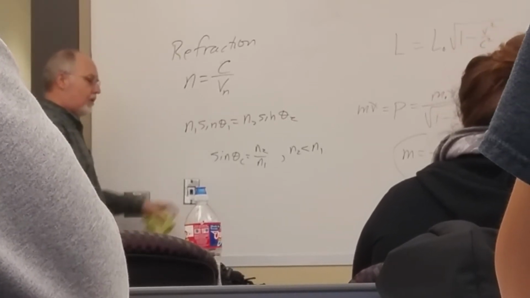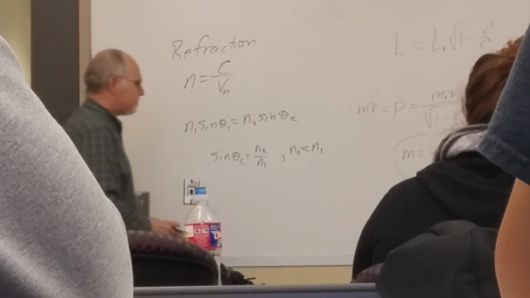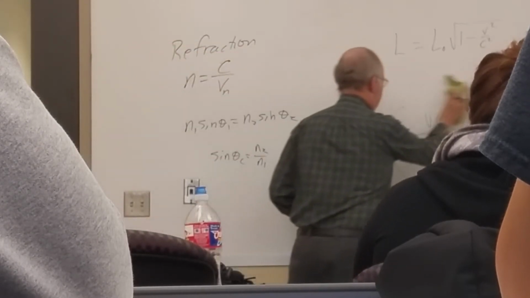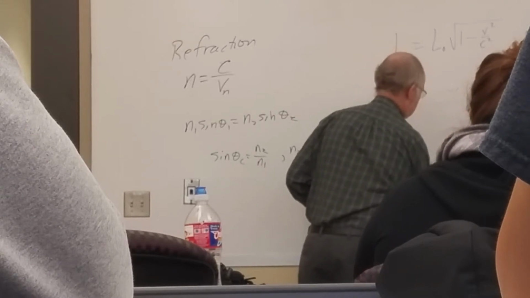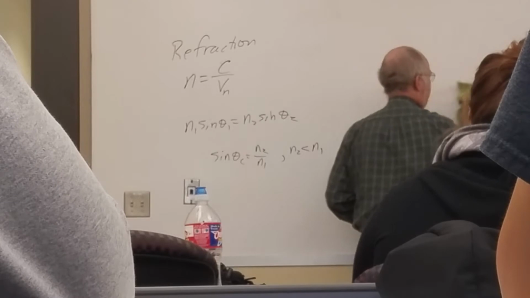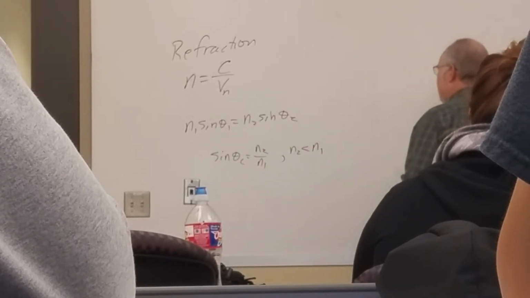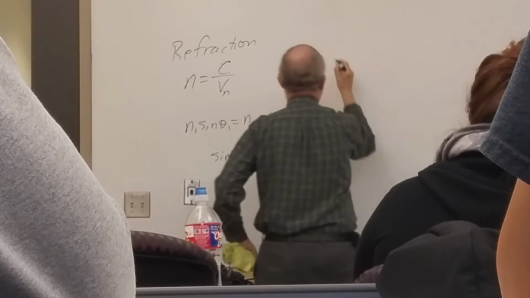So for total internal reflection, this is your critical angle there. And that was with Snell's law. For mirrors and lenses,